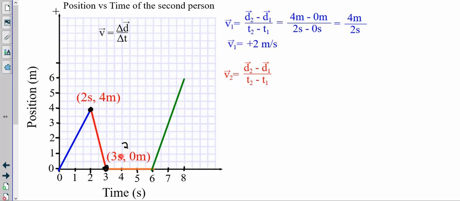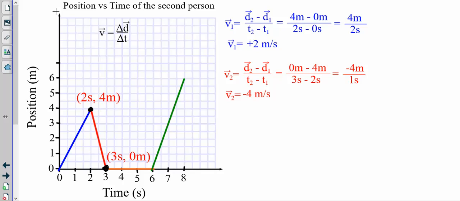So point 2 over here is going to be at 3 seconds. We are on the time axis, so that means our position, if we go over here and look, has to be 0. And then our point 1, so this guy right here, that's the same point as the last one. So it's 2 seconds on the time axis and 4 meters on the y-axis, or the position axis. So plug all this stuff into your actual equation, and it ends up being 0 meters minus 4 meters, all divided by 3 seconds minus 2 seconds. That's math that you can pretty much do in your head. You end up with negative 4 meters divided by 1 second,